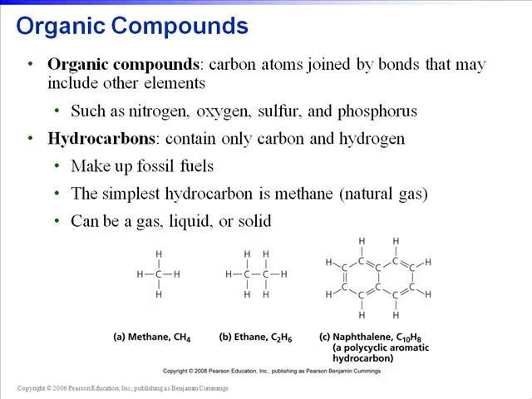Okay. Matter is composed of organic and inorganic compounds. And in the first lecture, we gave examples of inorganic compounds like carbon dioxide or molecular oxygen or water. Organic compounds are based on a carbon backbone. So they're carbon atoms joined by bonds that may include other elements such as nitrogen, oxygen, sulfur, and phosphorus. Okay, so you can see below